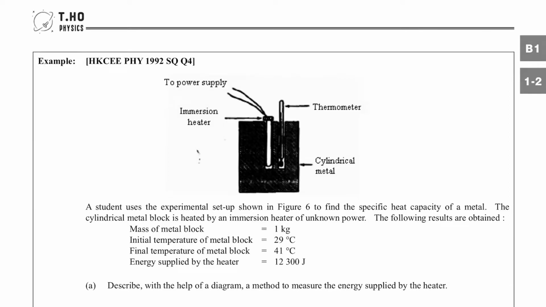C Physics 1992 Structure Question, Question 4. Here we have set up to measure the specific heat capacity of metal. So the data is given here. Mass of metal block is 1 kg, initial temperature of metal block 29, and final temperature of metal block 41. From these two data, we know that delta T would be 41 minus 29 degrees Celsius. And energy supplied by the heater is